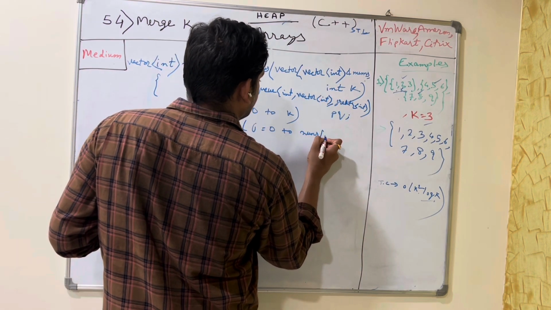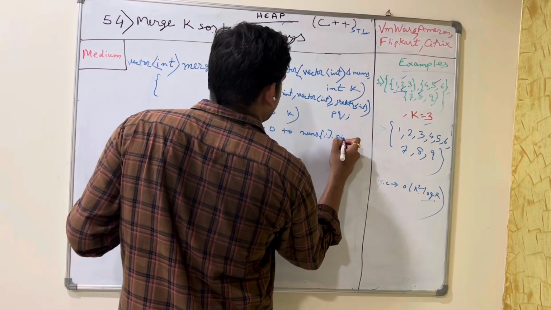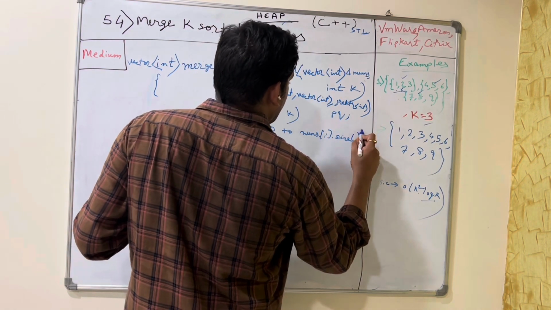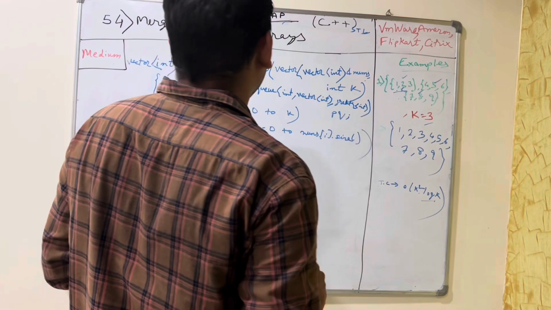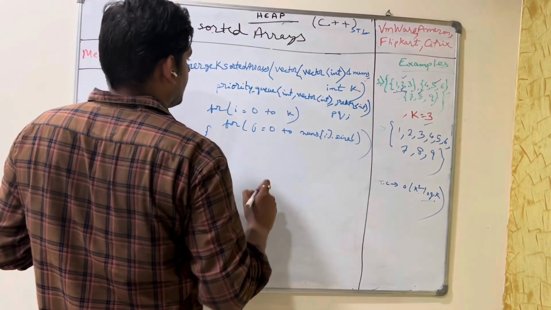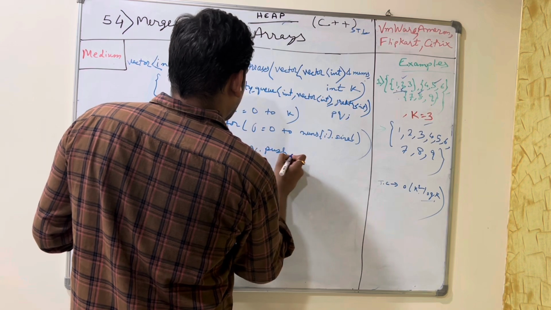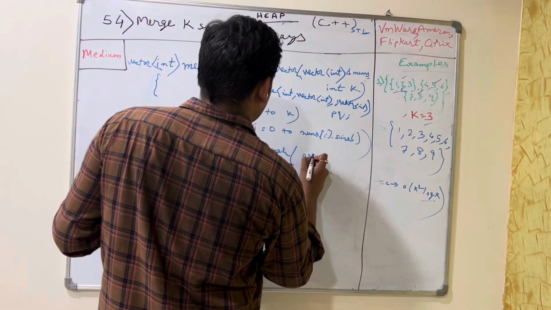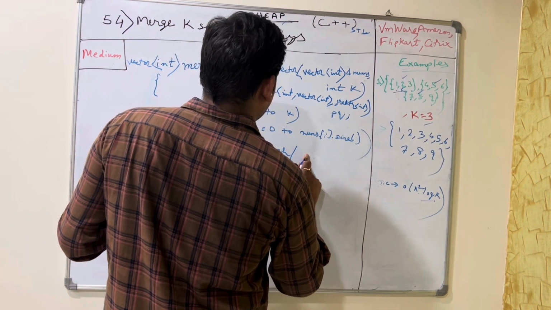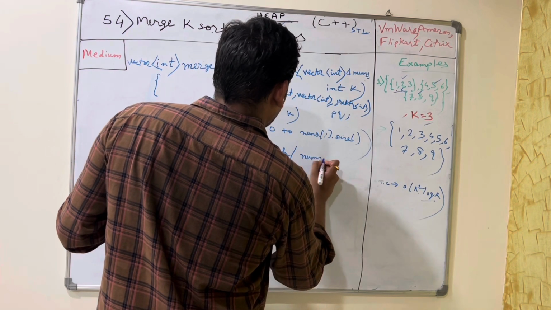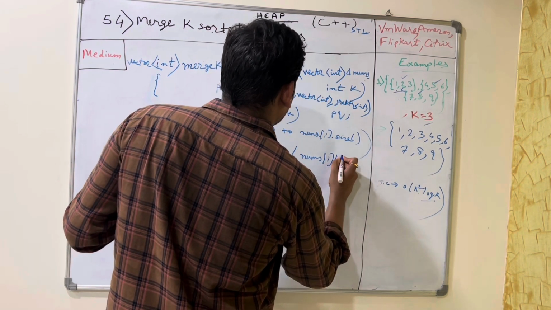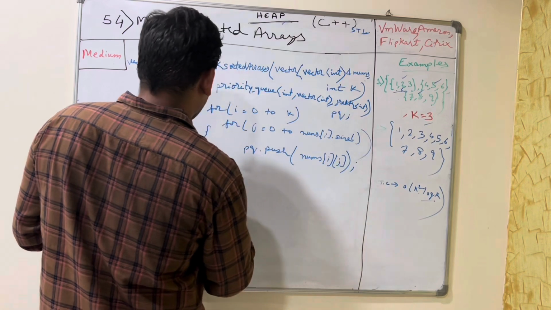Actually, it's not compulsory that the size of each array is also k, right? So when we are traversing it, we are adding all the elements to the priority queue, nums of i j. So once all the elements are added,